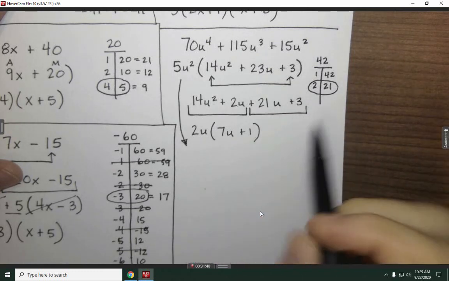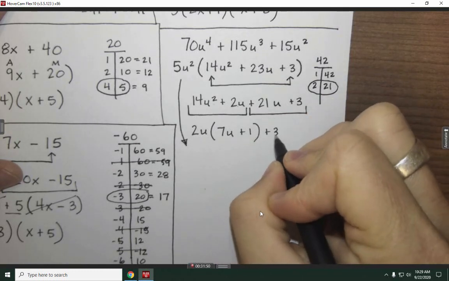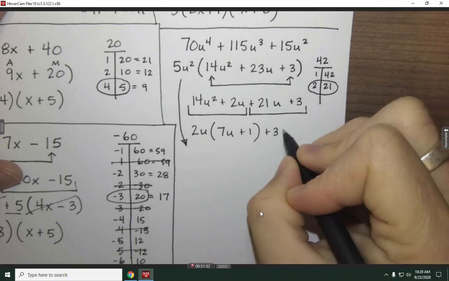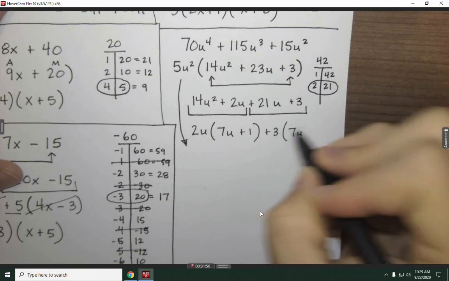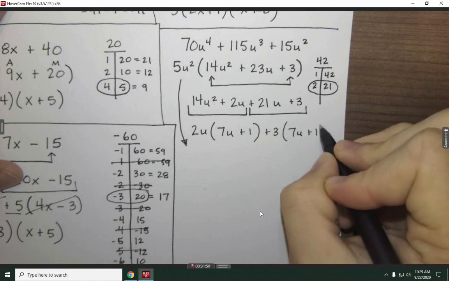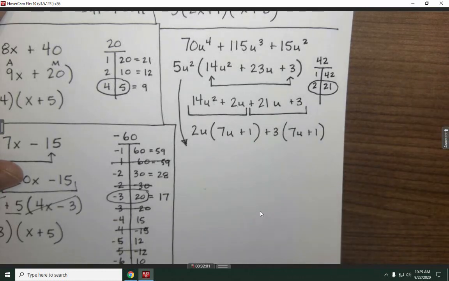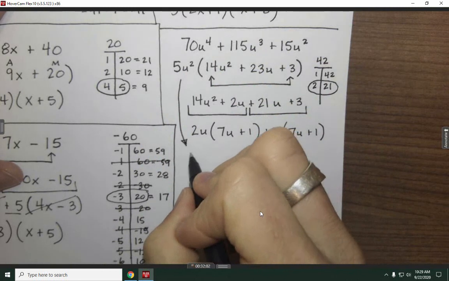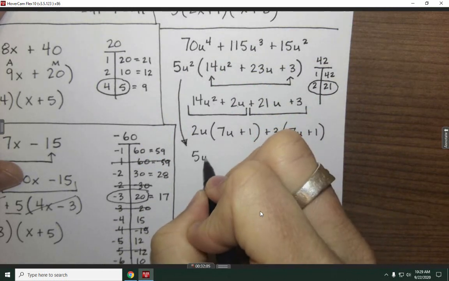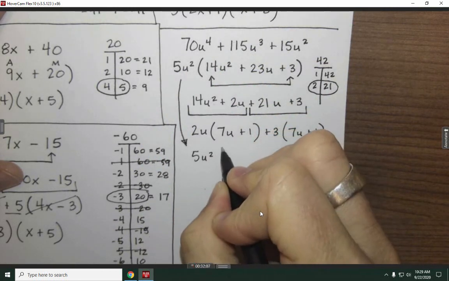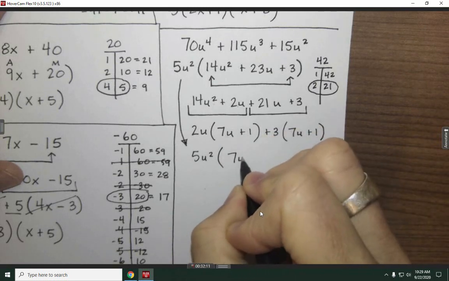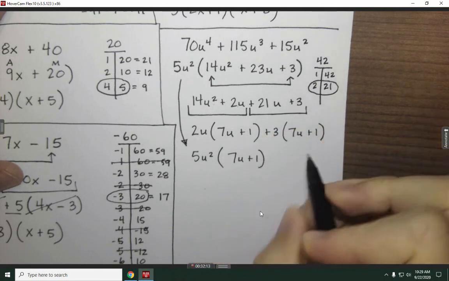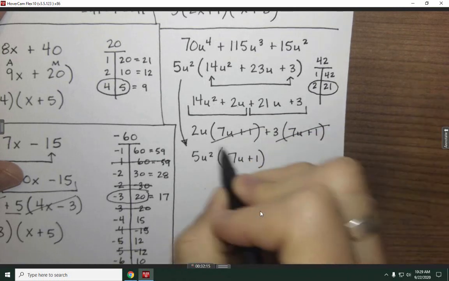And divide these both by 3. 21 divided by 3 is 7. We still have a u. And 3 divided by 3 is 1. Okay. We got our 5u squared that we're going to write out in front. We have these in common, the 7u plus 1. Use those. And the only thing that's left